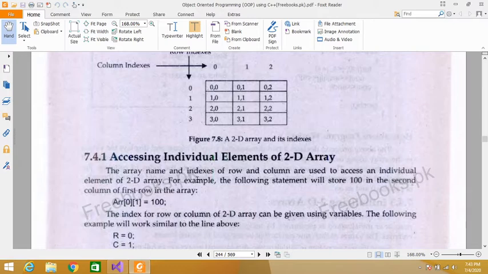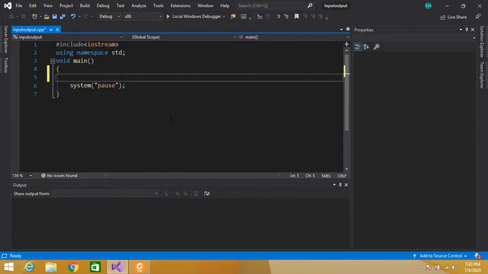Okay guys, now let's take an example for better understanding. First of all, I will declare an integer array with 3 rows and 4 columns. In this way we can declare our array. We can initialize a two-dimensional array like this.